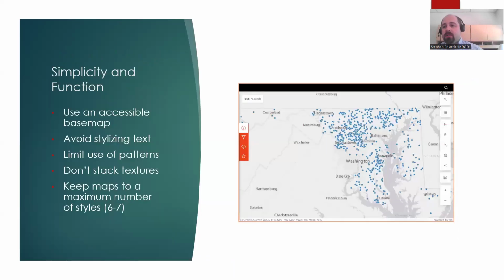Now, simplicity and function. As I said, there's a lot you can do with these tools. They're very powerful. So what we need to concern ourselves with is, at what point are users going to get overwhelmed, and how can we avoid that? So the simple way, or the starting point, is, again, have that accessible base map available, especially if it's not really relevant to your data. Like if you're showing locations of things, having that topography information underneath might not be a good choice, because that adds a visual complexity that